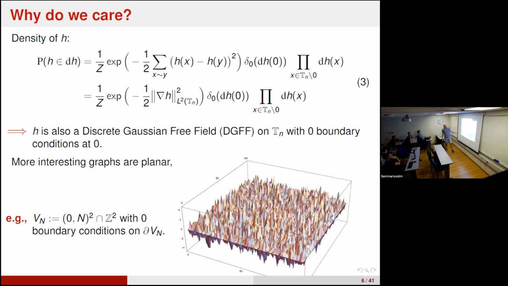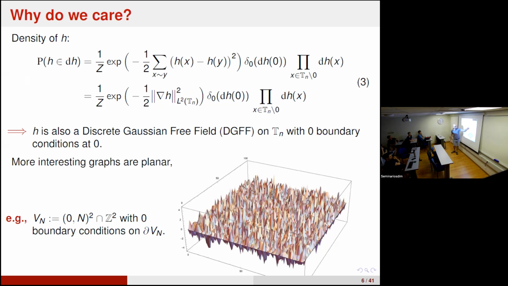For instance, instead of Tn, you fix a box of some side length, Dn, some box of side length n in Z2, and instead of the root, you insist that outside of the box, so if you put the delta mass outside of the box,